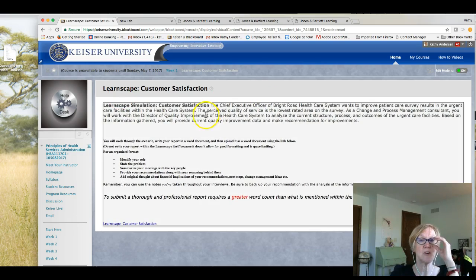And it tells you what you're going to do. So you're going to go on to that other website, jblcourses.com, redeem your access code, watch the LearnScape simulation. It's really cool. I mean, it's great that you have this experience. It's a 3D simulation where you are functioning as a healthcare consultant. And you're actually interacting with different people from Bright Road Healthcare System. They're discussing a strategic issue that they have, or a customer service issue, or a financial issue,